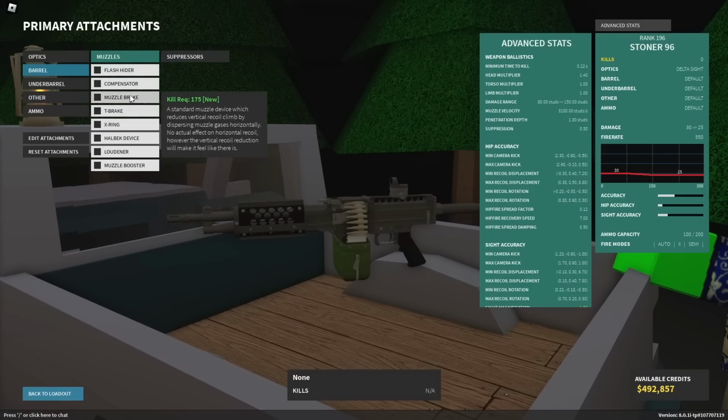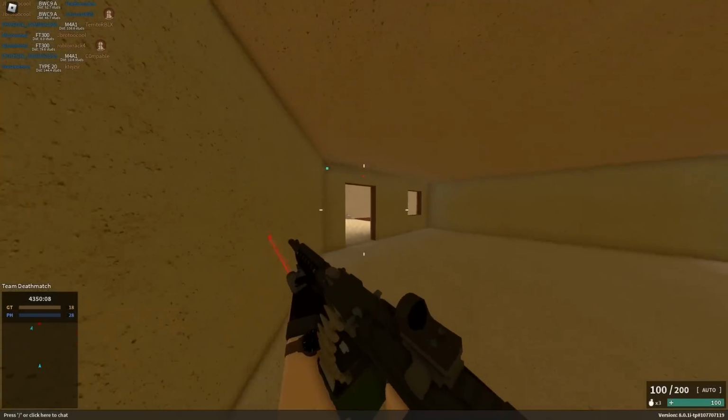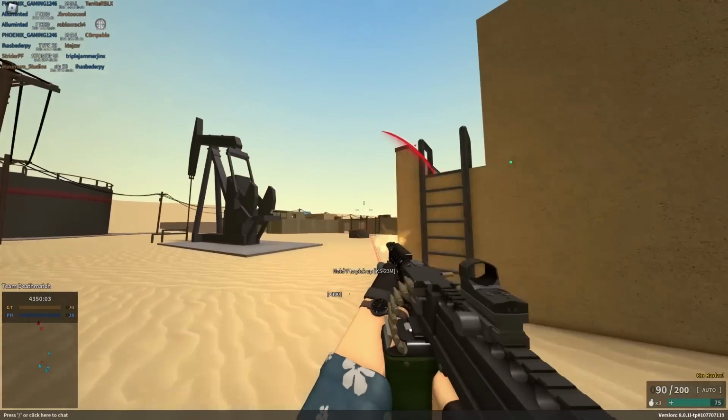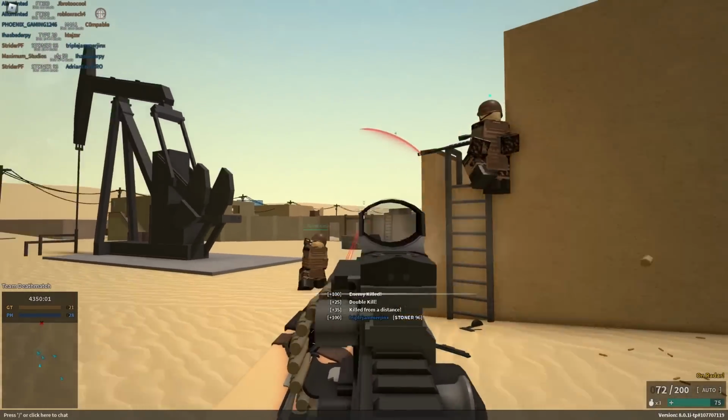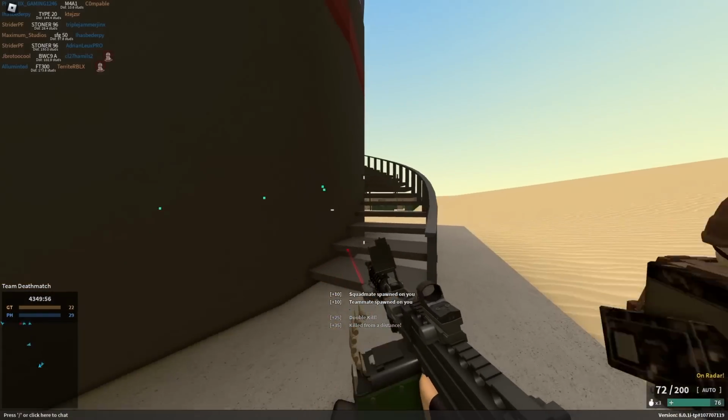But then we have the Steiner Stoner 96 LMG. This gun is pretty good. I'm not gonna lie, it's pretty good. It's not great, but it is pretty good. I'd probably give it a 3, maybe a 4 out of 5. Yeah, probably a 4. If you guys don't know what this does, basically it's a very low fire rate gun,